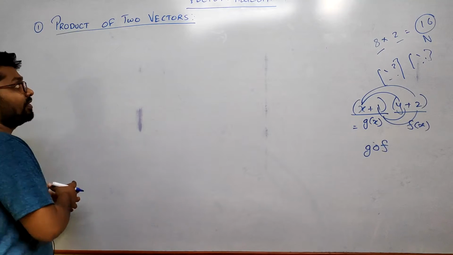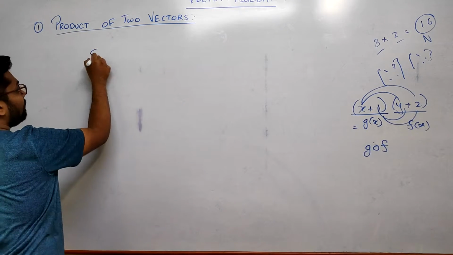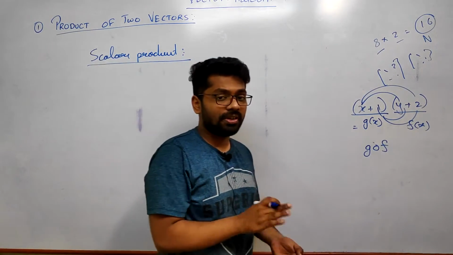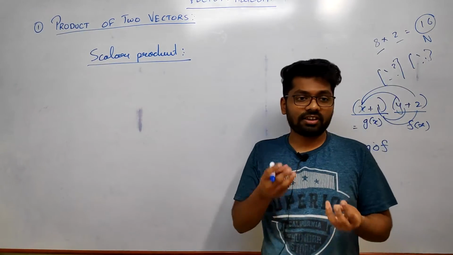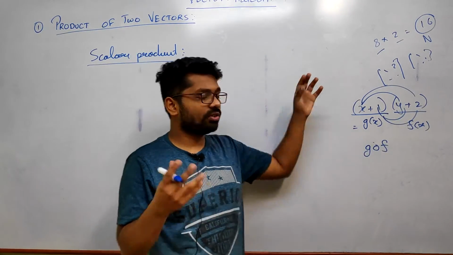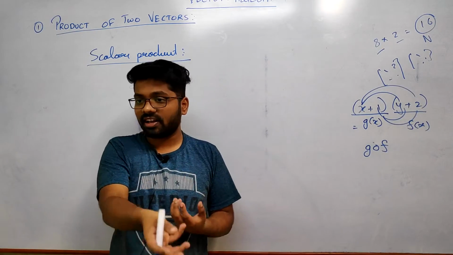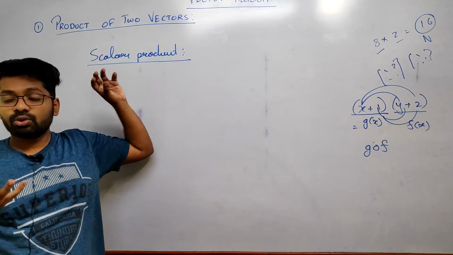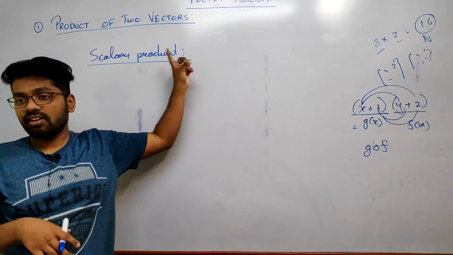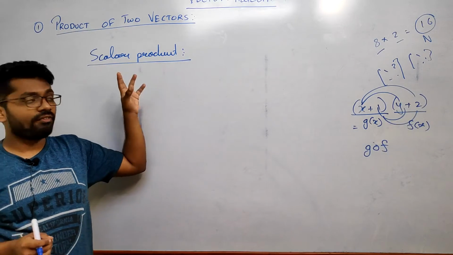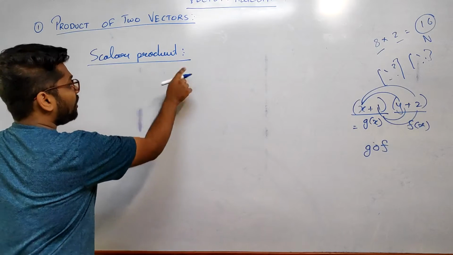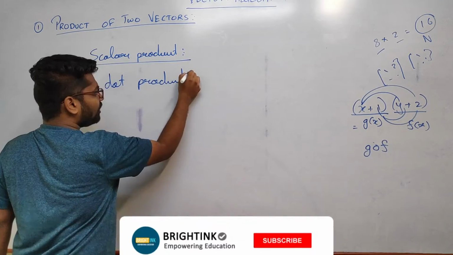So what is this first method? It is the scalar product of two vectors. Now if you ask me what is a scalar product, it means multiplying two vectors such that your answer is a scalar. Here, what was happening there? After multiplying two numbers your answer was a number, but here you multiply two vectors, but what will your answer be? It will be a scalar itself. Okay, whenever you multiply two vectors, scalar product is also known as dot product.